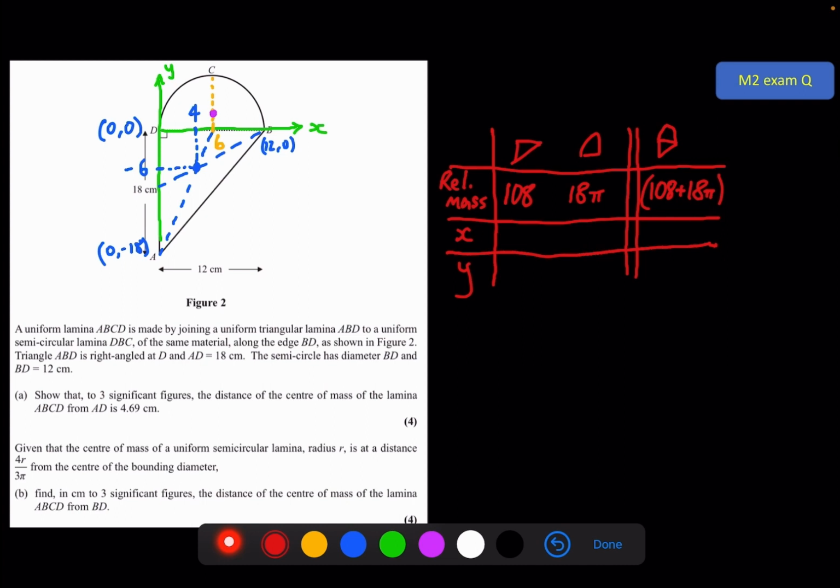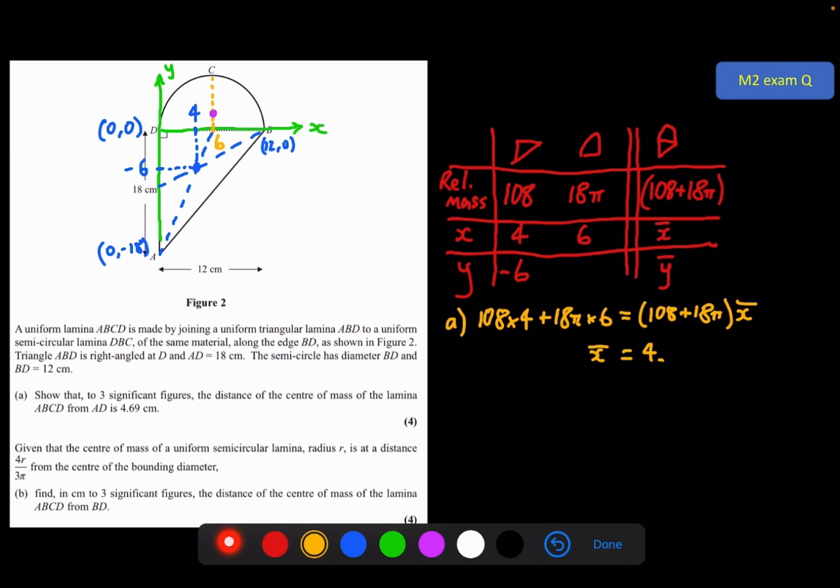Center of mass for the triangle is at 4, -6, and for the semicircle is at 6, something, and for the full shape, x bar, y bar, the things we're trying to find. For part A, we just need x bar, so it's this times this plus this times this equals this times this. 108 times 4 plus 18 pi times 6 must equal 108 plus 18 pi times x bar. Do that calculation and we get 4.68